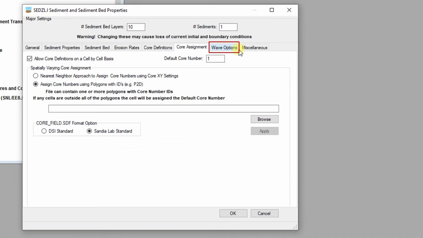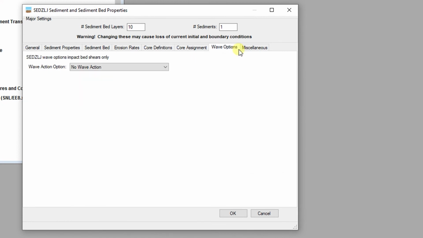The SEDZLJ wave options can be set by the user to impact bed shear. The wind wave options dropdown provides 3 options: no wave action, wind wave SEDZLJ, and ST wave. While these options can use the EFDC+ internal wind waves, at this stage they will only impact the boundary layer. If the standard SEDZLJ wind option is selected, then the EE wind wave option is not used. In this case, the user must ensure that they have all the correct files, such as fetch.imp. If the ST wave option is selected, then correctly formatted ST wave files are required.